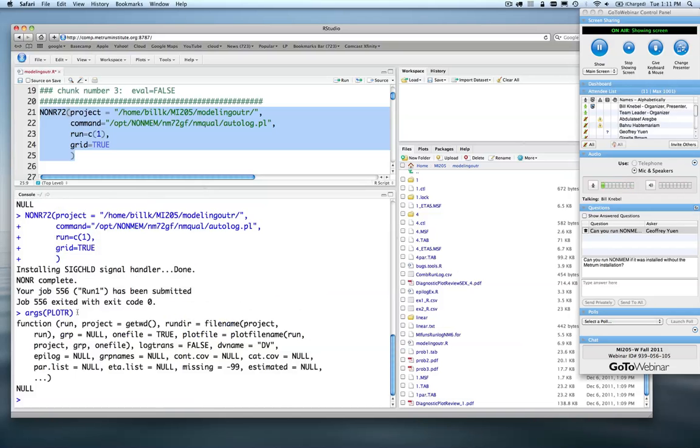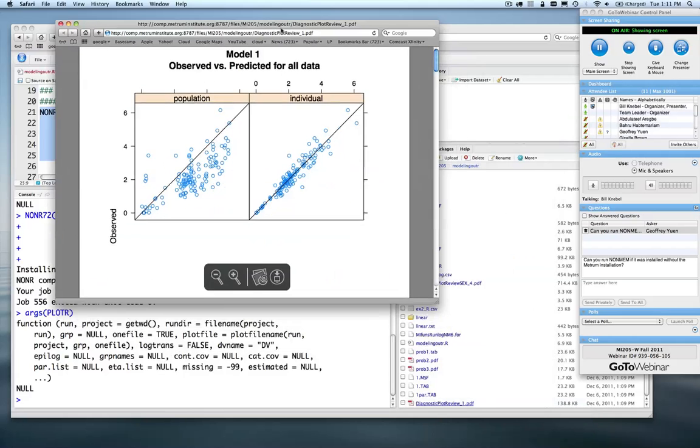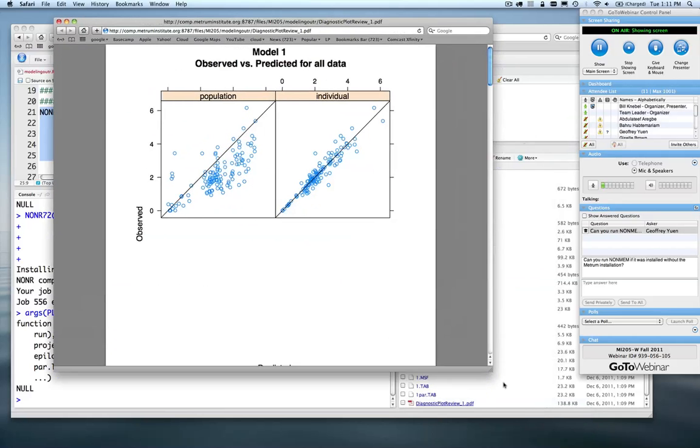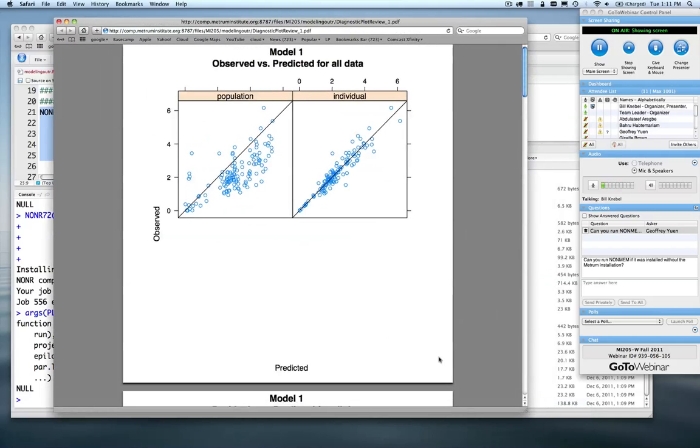Okay, so once we've run NONMEM and it's finished, it tells you it's complete, then tells you that run 1 has been submitted, then it tells you that it's been completed. What we can do then is take a look at the right panel, where we'll notice a file called diagnostic plot review. It's labeled _1 because that's control stream number 1, and if you pull that open,